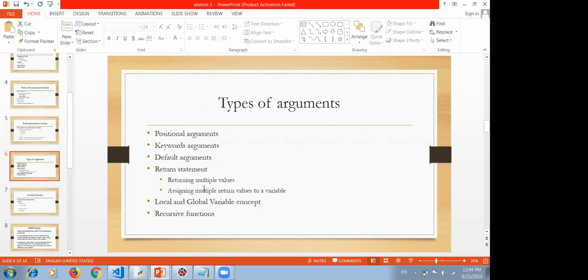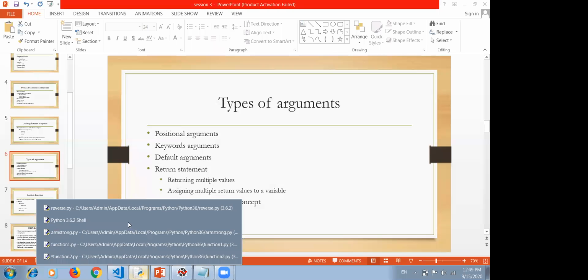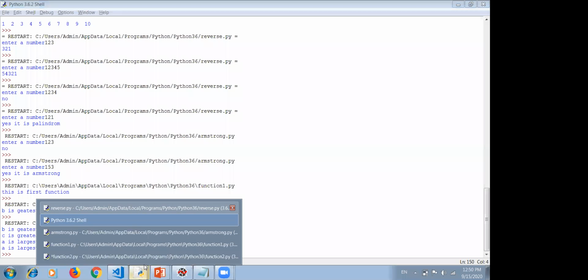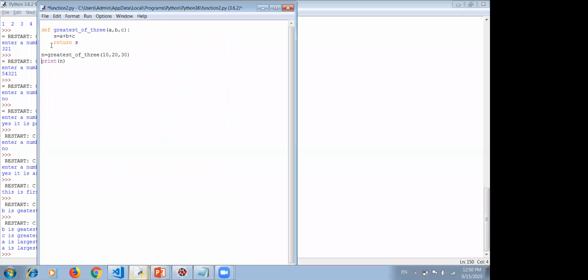So these are the few things regarding the basics of functions. Let me just repeat what we have learned about how to define a function. You must know how to write a function. You use the keyword def, the name of the function, pass some parameters, then write the lines of code for what the function performs, and then you have to call the function. How to call the function? Just write the name of the function, and if you have used some parameter, then pass the argument.